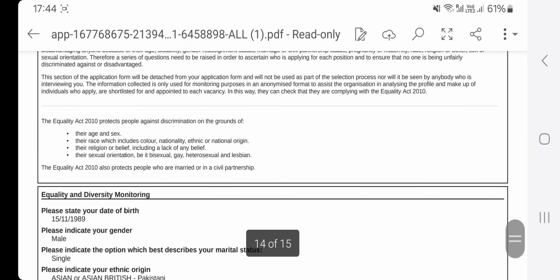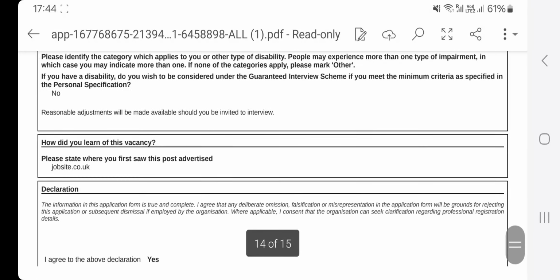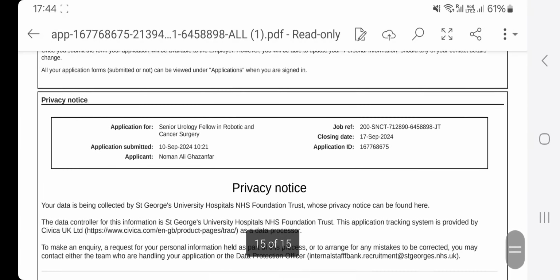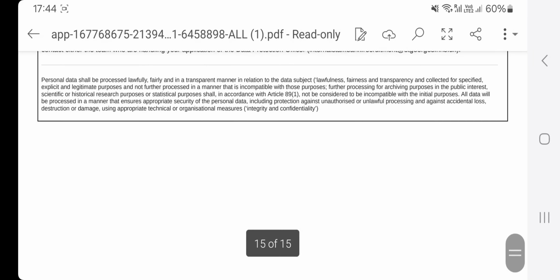And then comes the equality and DEIs. You mentioned your orientation. Do you have any disability? Very obvious. That we will look into another application, to get one more example of how to write an